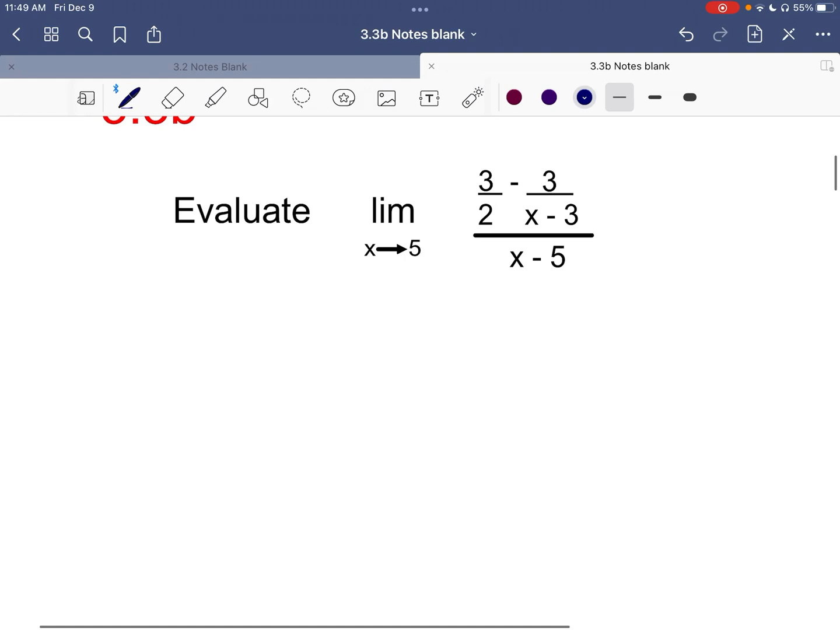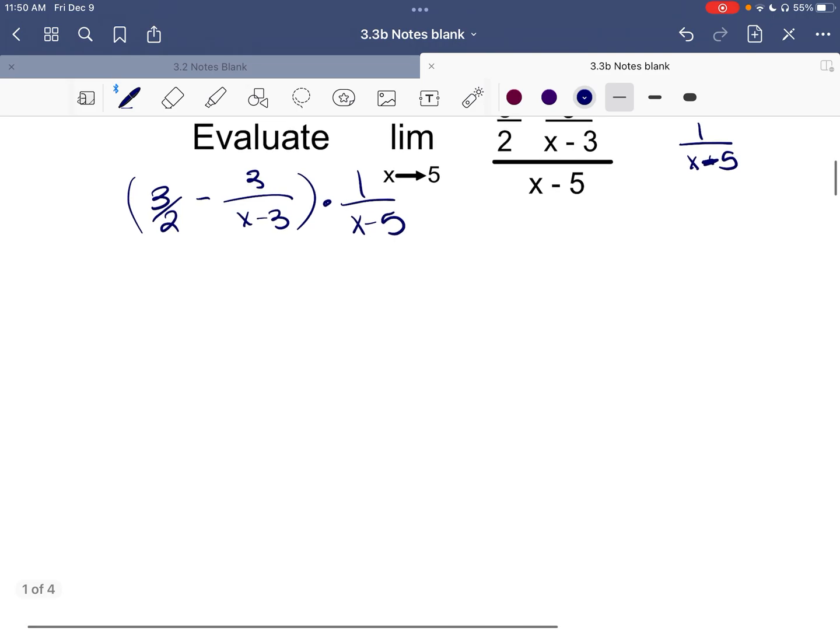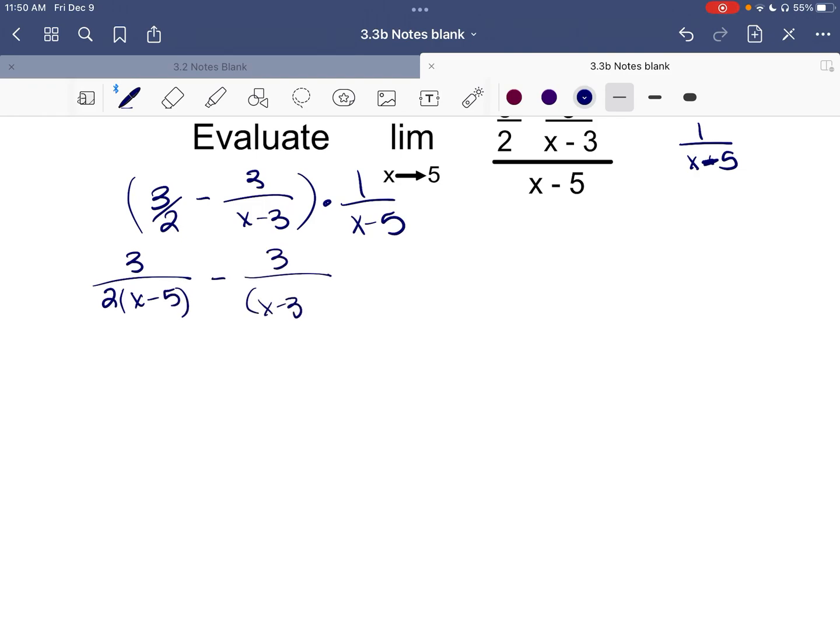Well, first of all, we don't like stacked fractions, so let's rewrite this. So 3 over 2 minus 3 over x minus 3. We are going to multiply that by 1 over x minus 5. So remember, dividing by x minus 5, we're going to multiply by the reciprocal in terms of fractions. So simplifying what we have, we have 3 over 2 x minus 5 minus 3 over x minus 3,